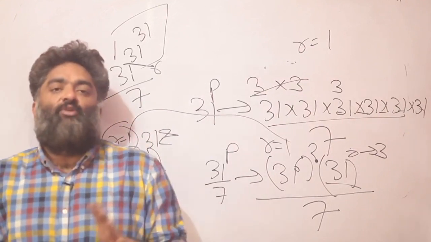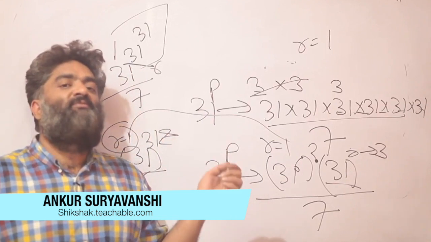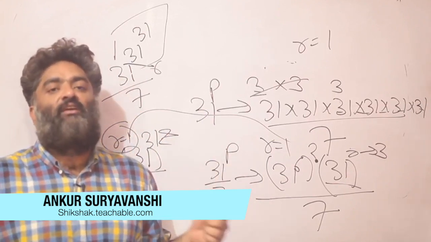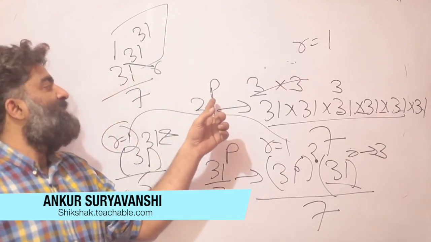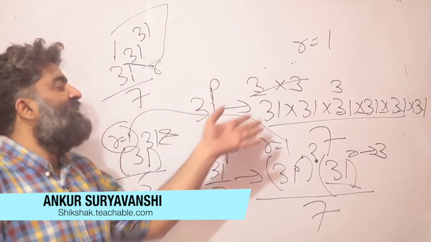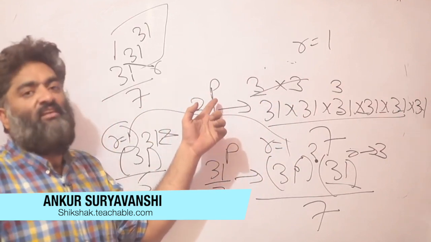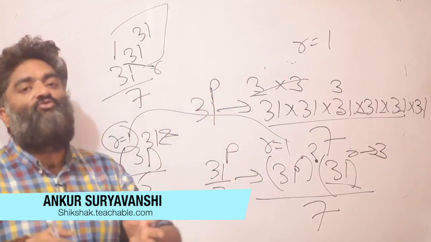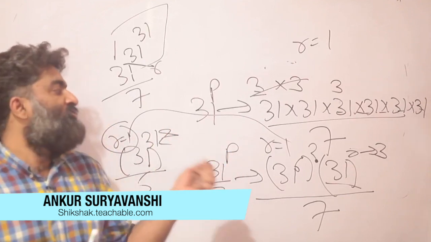So this is it for this small little session trying to deal with one specific problem. We will see similar problems in the chapter on trying to find the last digit and the cyclicality involved here. And overall it's a good idea to see something and be able to write it in an abstract form or as a symbol, so that you don't get confused in your process. It is the same process, just instead of 10 or 12 there is P written here, and you go step by step. So it's also a useful tip in terms of how to learn one basic idea and apply it in different situations. So this is it for the day.